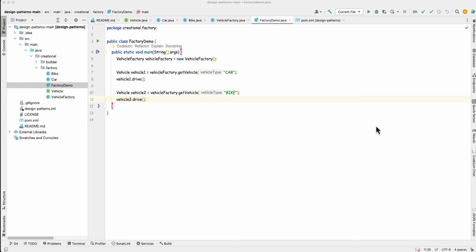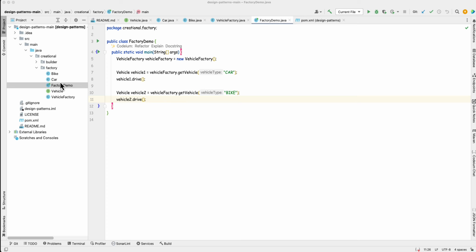We are just invoking getVehicle, and essentially what it returns is an object of type car, and an object of type bike. Now the question comes: we also would have done the same thing. Why are we going out of our way to create a factory for us? We'll answer these questions now.